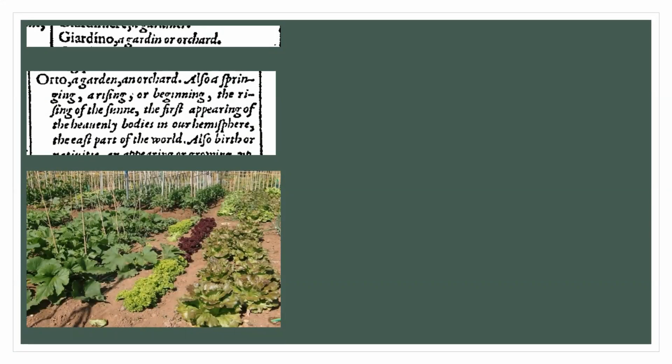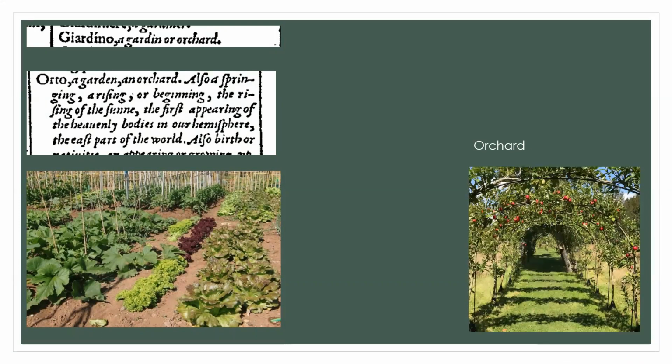So it is not what Shakespeare might have used. And as you see in all the sources, we don't have orto, so in Bandello, for instance, or in da Porto, for instance, but we have giardino. So we have the garden. What does Shakespeare use? Shakespeare uses the orchard. So again, the orchard in English could be seen as, so he wanted to represent a secluded space, a space next to the house, but not exactly in the house, at the same time separated from the city itself, because there's a wall, and secluded, in which private things could happen. So in Italian, the word for orchard is frutteto, but